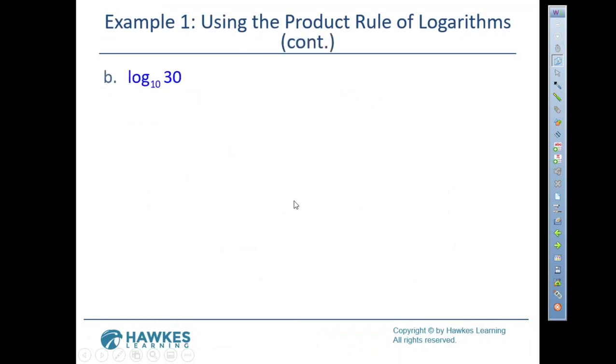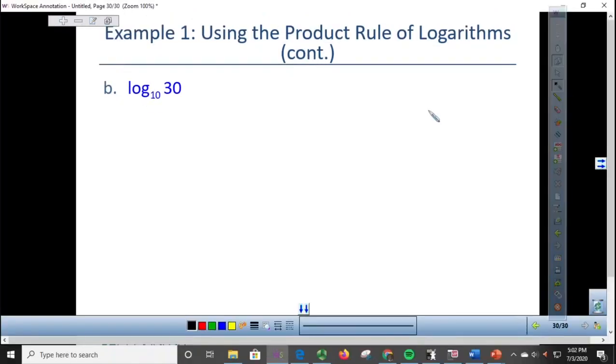Okay, so same thing with log base 10 of 30, right? Think of our factors of 30, right? So factors of 30: 1 times 30, 2 times 15, 3 times 10, and 5 times 6, right? Any of these combinations will give us the same result when we break this down,